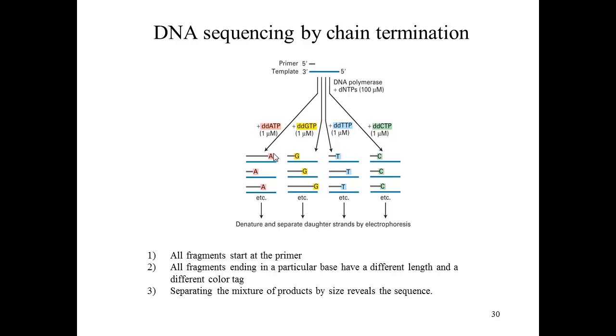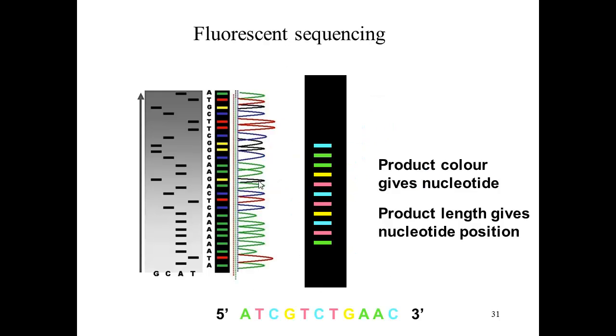Here we show that by combining the 4 reactions into a single reaction and labeling them fluorescently, in this case A's are red, G's are yellow, we're going to produce fragments, each with different sizes and different colors, and these can then be read out on a gel. Looking at the sequence ATC,